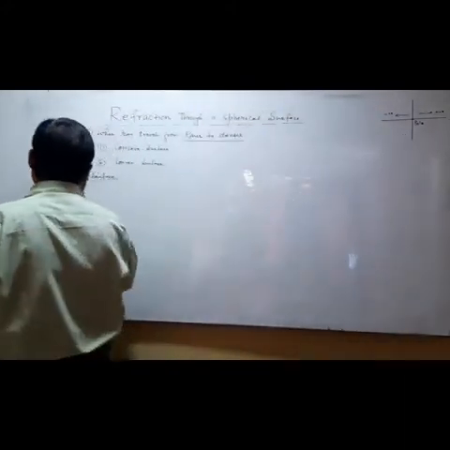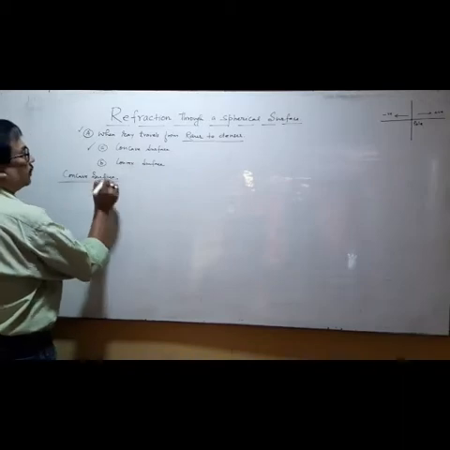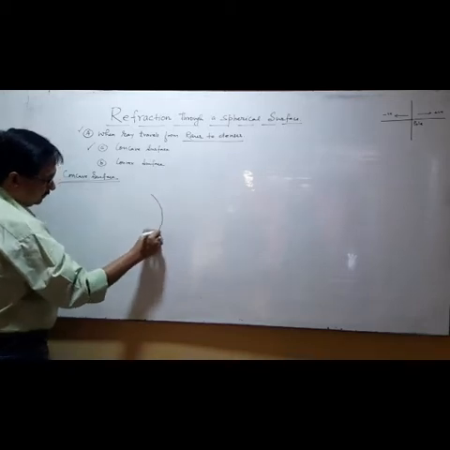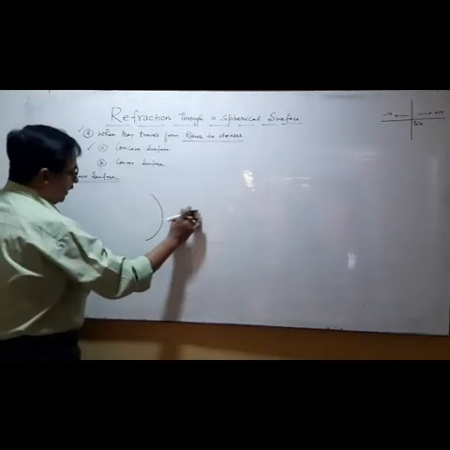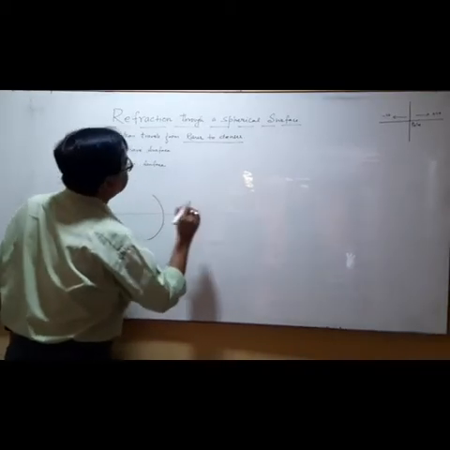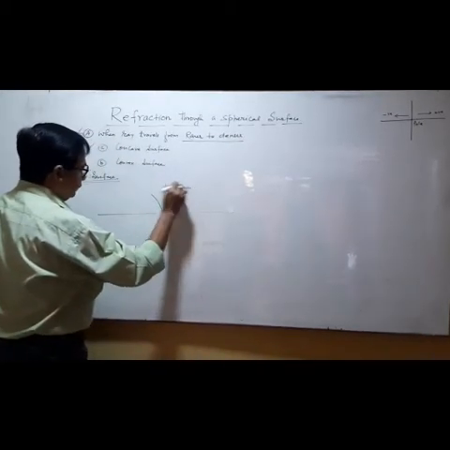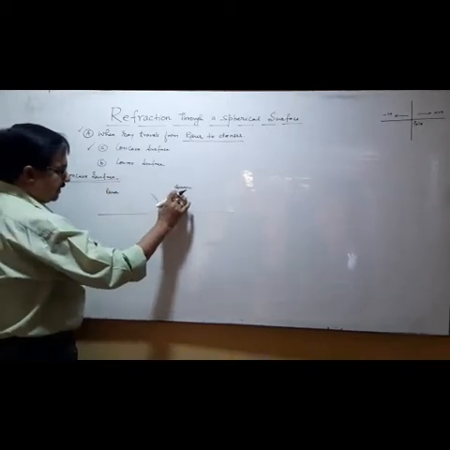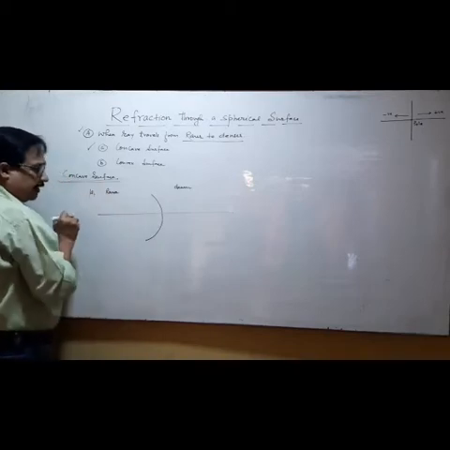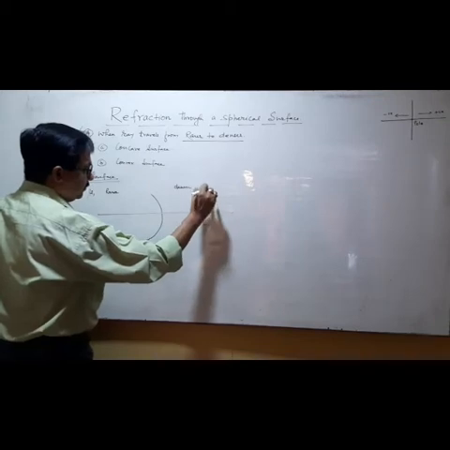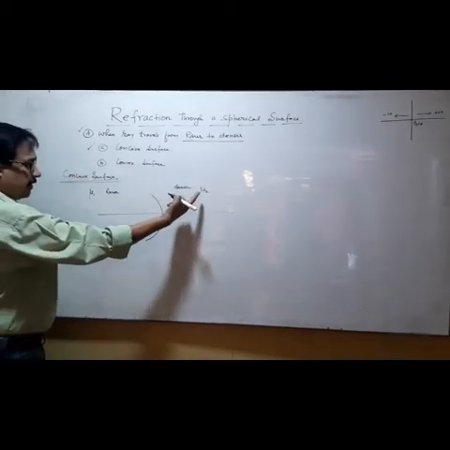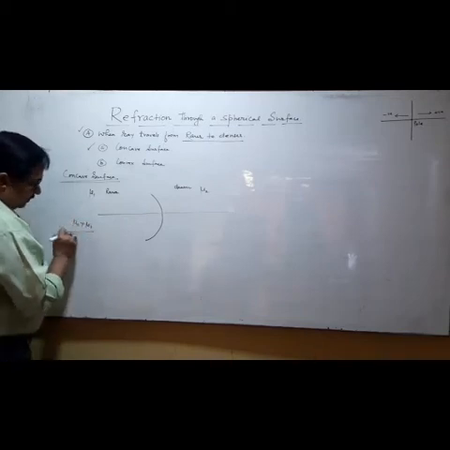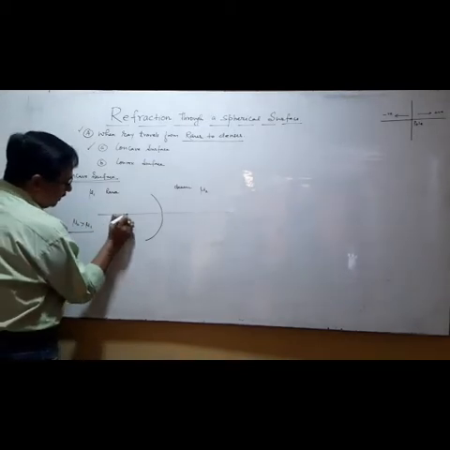Okay, so I am just drawing a diagram. The surface is concave. Condition is ray travels from rarer to denser. This is the concave surface which separates the two medium. This is denser, this is rarer, right? This medium is denser, and suppose mu1 is refractive index of this, mu2 is refractive index of this, and as denser medium has refractive index mu2, so mu2 is greater than mu1. This is the condition. We have an object O.